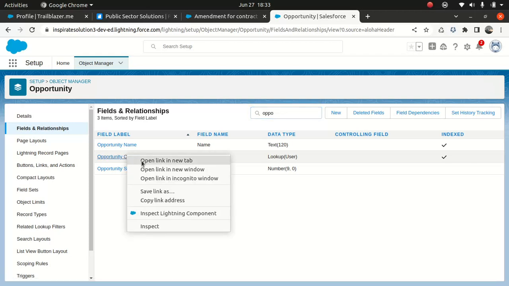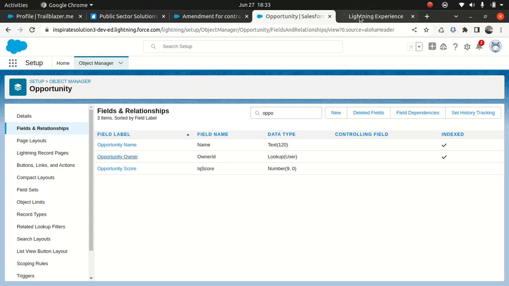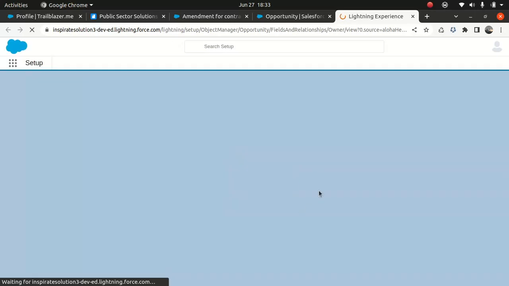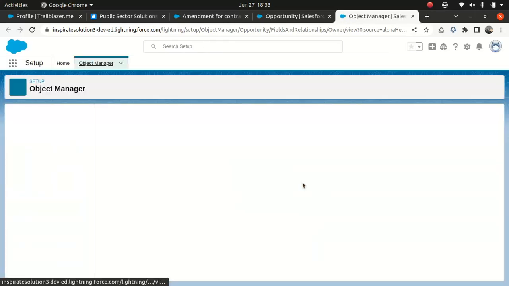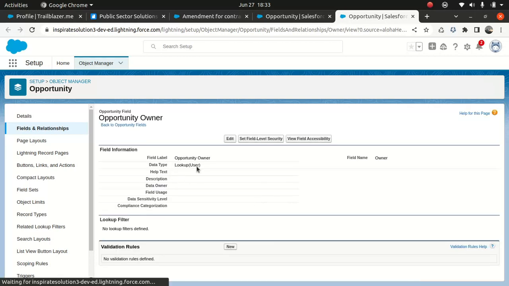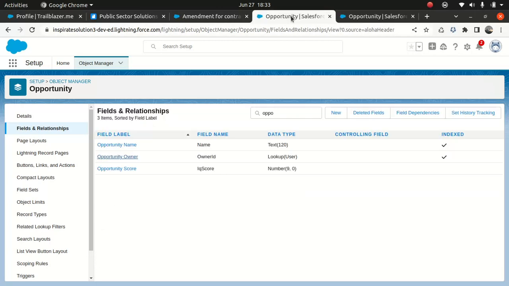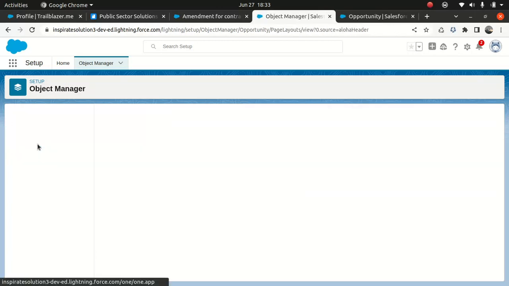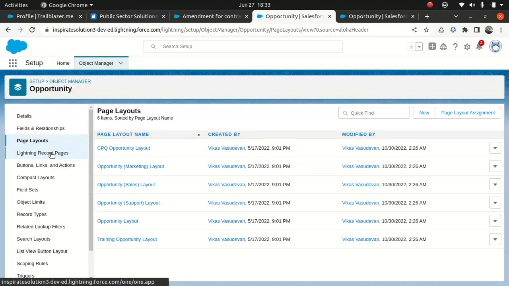If you wanted to look at the information, you can do that as well. It's taking time. Right, it's a lookup to user, nothing fancy there. If you wanted to change the position or alignment of the fields, you can obviously go to the page layout